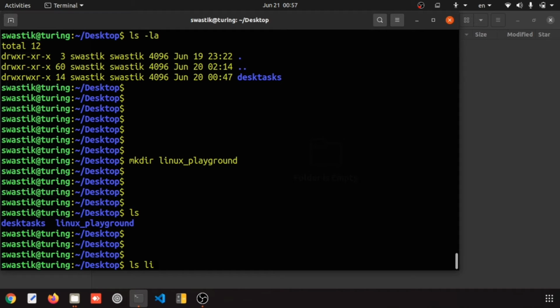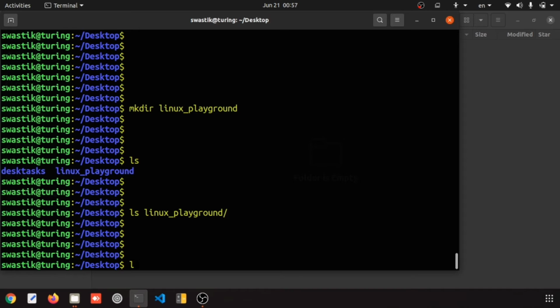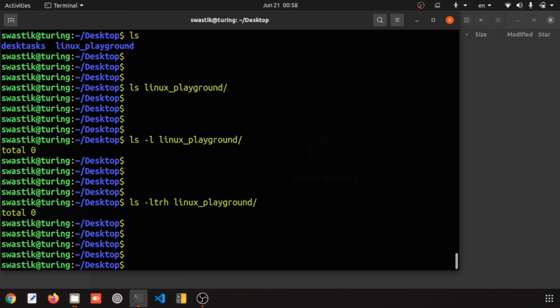You can also check ls Linux then tab, ls -l. You can see that there is nothing in this Linux Playground. You can also check with ls -ltrh then Linux Playground. It will again show you nothing because there is nothing in this Linux Playground.